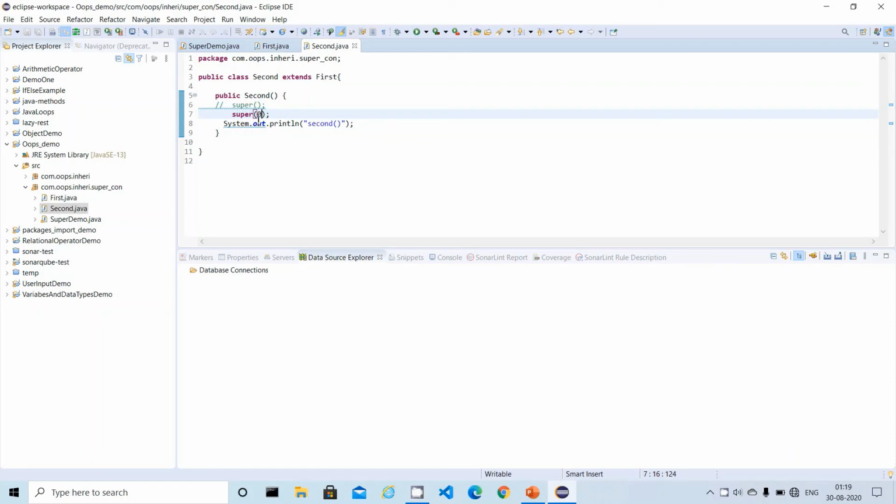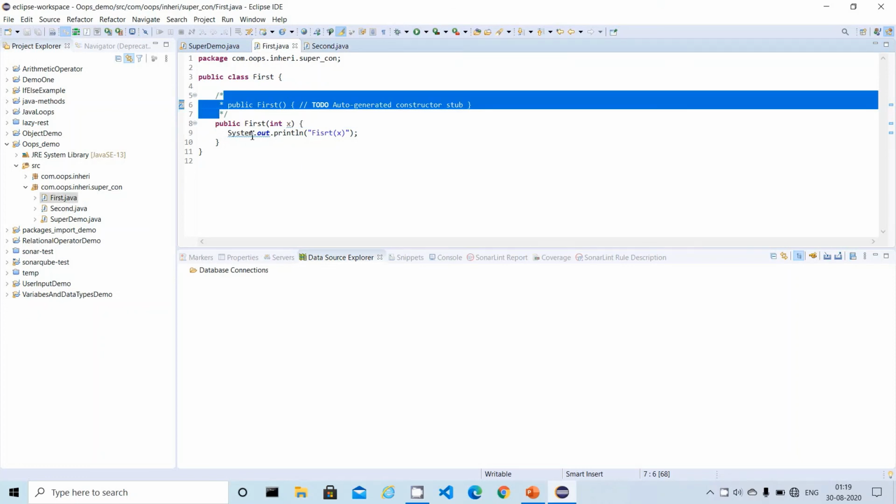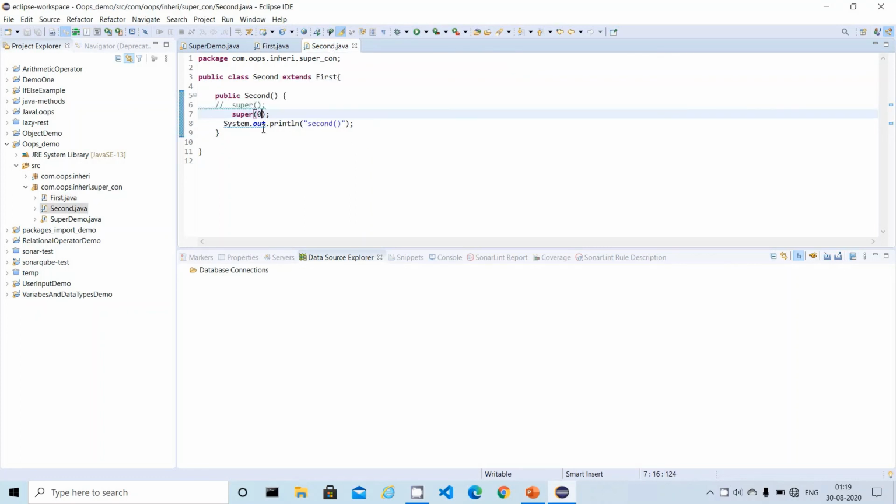In this case, if you write any super keyword in the constructor, the compiler will not add any default super with no-argument constructor. Since we are writing super explicitly with an argument, it will look for the corresponding argument constructor in the superclass. We have an argument constructor available, so it matches and will not cause any compilation error.